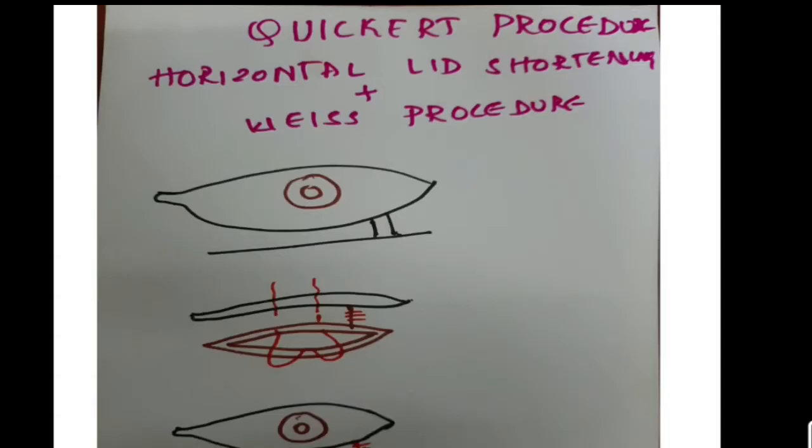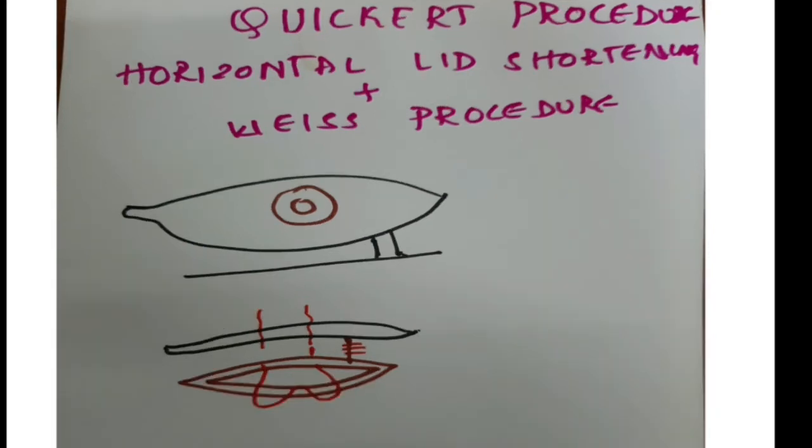The next procedure is Quickert procedure, which includes a combination of horizontal lid shortening as well as Weis procedure. The principle again here is the transverse lid split prevents the upward movement of the preseptal orbicularis muscle, and the everting sutures shorten the retractors. So the procedure is we put both vertical and horizontal incisions. The vertical incision, as in the horizontal lid shortening, we put a full thickness incision like this, a pentagon incision,